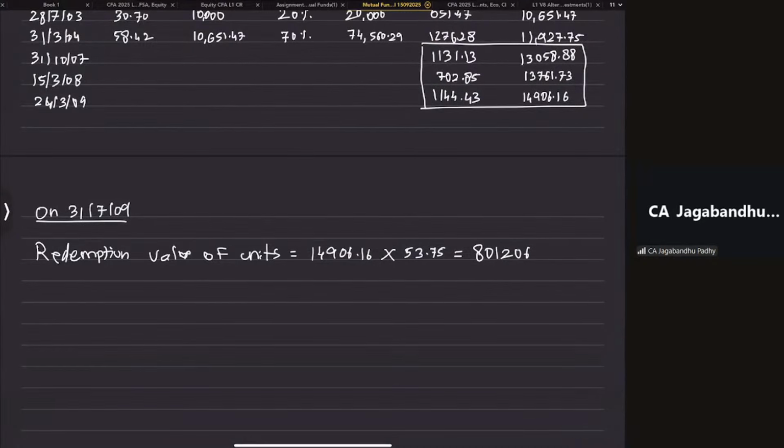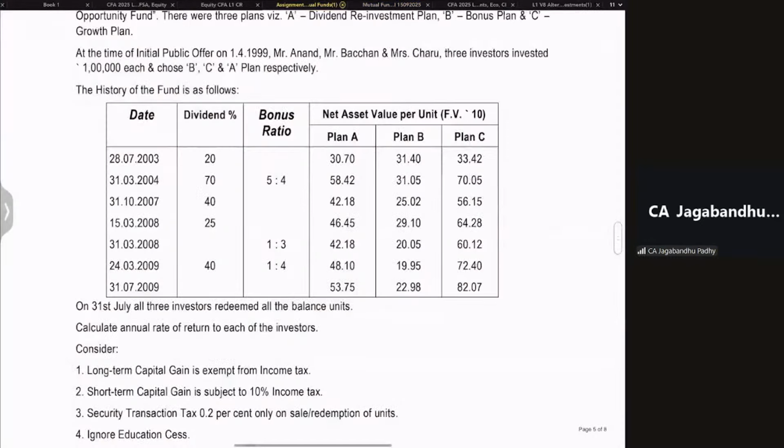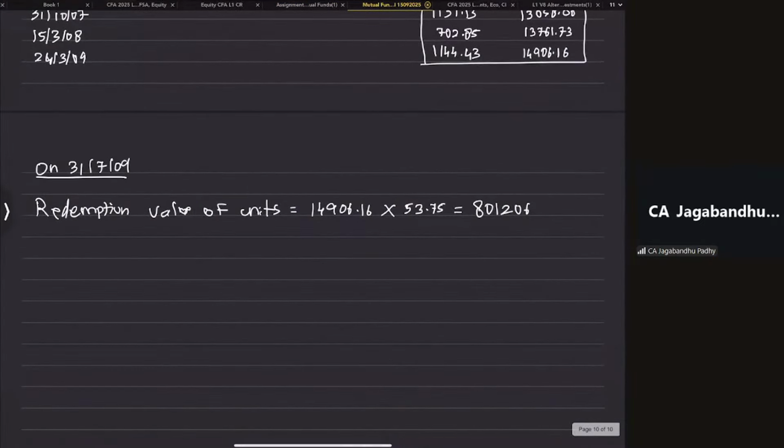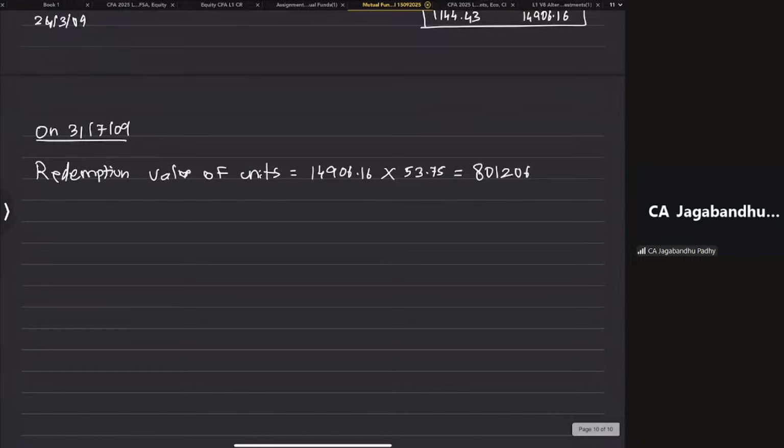Because I need to pay certain taxes on it. So what are the taxes that I'm going to pay? First up, short-term capital gain is applicable and securities transaction tax is applicable. So from this, we will reduce the short-term capital gain tax. Sorry, I need to first reduce the securities transaction tax at